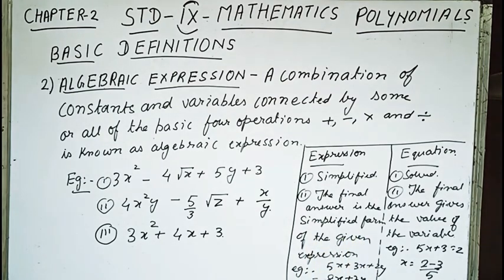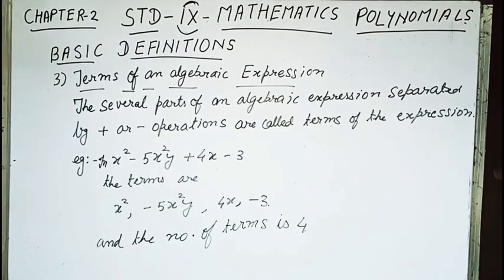One more thing you note: in an expression, each further step is connected by an equals to sign. But in an equation we write either the implies sign or we write this 'or' form. Take care. Since this chapter deals with polynomial, which is a branch of the expression, we will be writing equals. Let us go to the next definition.